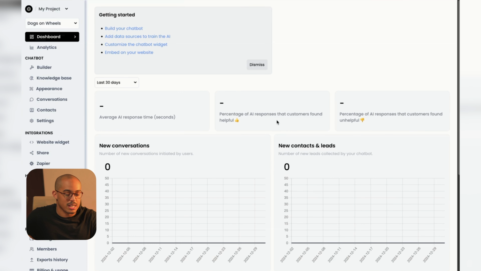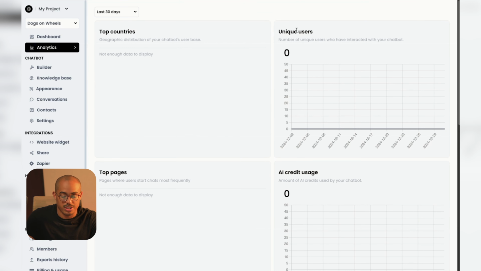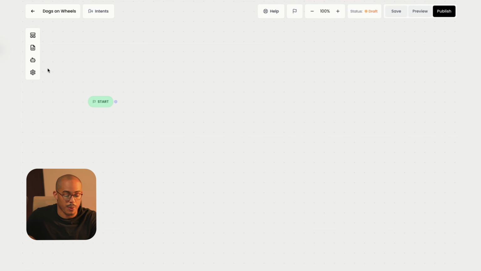Now you'll see here that this changes slightly from the dashboard that we were on previously. You'll see here on the left-hand side, we have dashboard where you can see all your analytics on new conversations that people have with your chatbot, new contacts and leads from that chatbot if you're collecting information like email and names. You can also see here on the left-hand side analytics, so you can see top countries, unique users, top pages, and your AI credit usage. And then down here on the chatbot, you'll see the builder, which is where we're going to actually start building